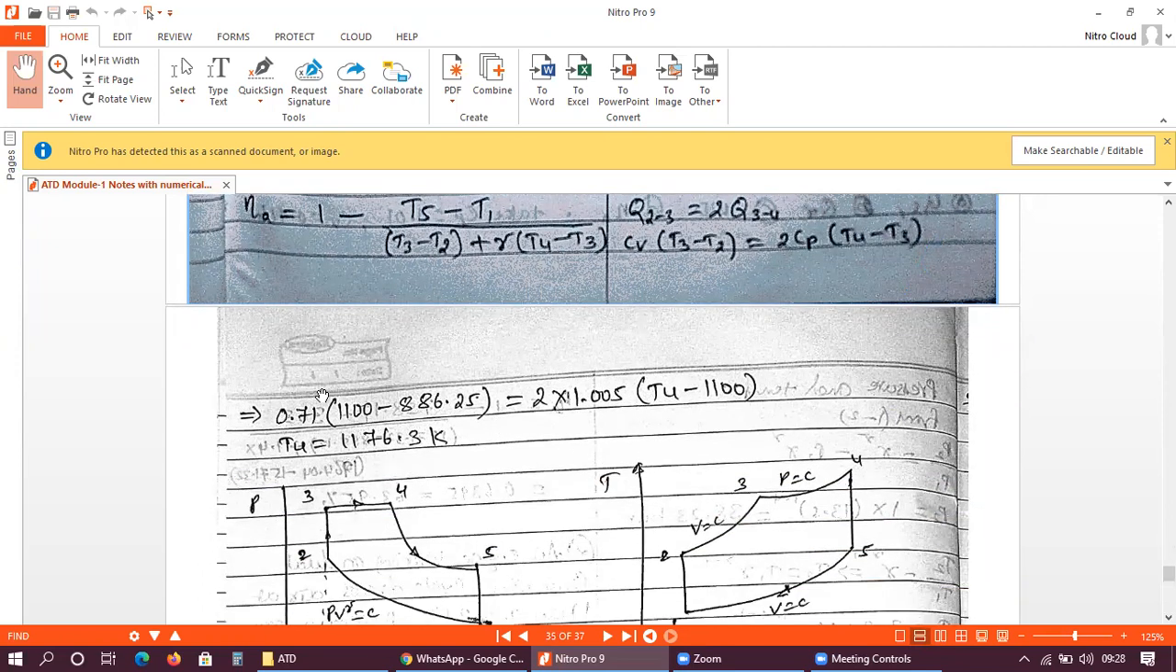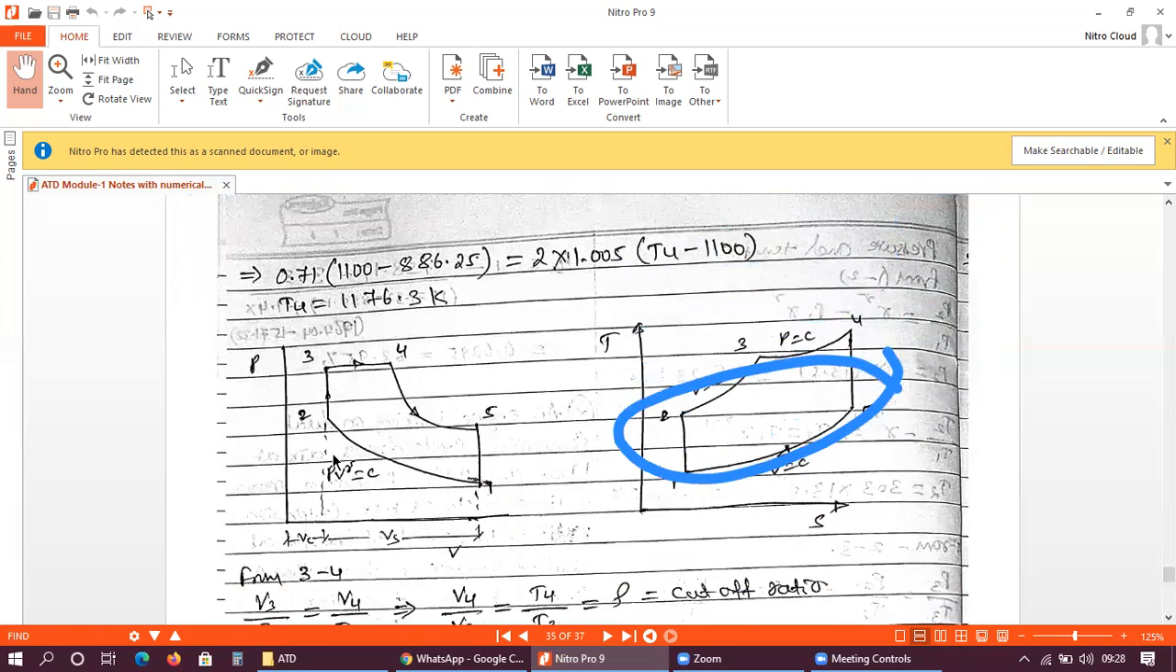The specific heat at constant volume for air, Cv, is 0.71, and the Cp value for air is 1.005. These two are constants for air. Just substitute here: T3 is 1100 minus T2 is 886.25, equal to 2 into 1.005 into T4 minus 1100. If you substitute all these values in this equation, you will get T4 equal to